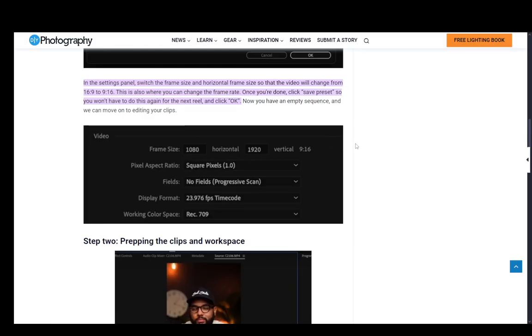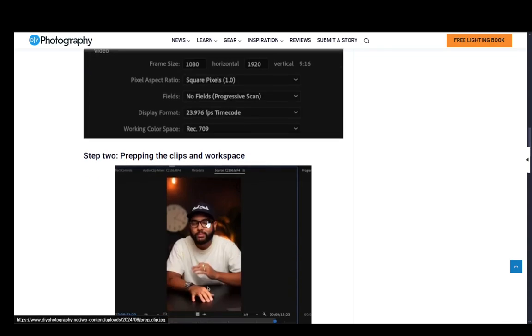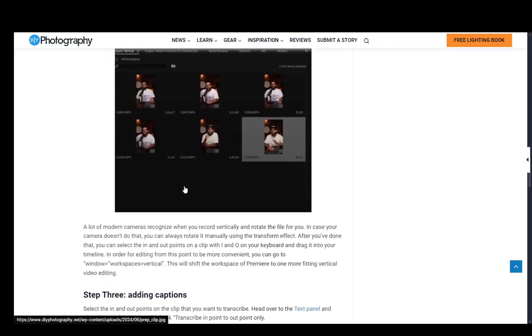1080p resolution, such as many other different social media apps, but Instagram specifically is 1080 by 1920, or 1080 horizontal by 1920 vertical, which is also known as a vertical 16 by 9 or a 9 by 16. And once you set that, then your video will be in the correct aspect ratio for